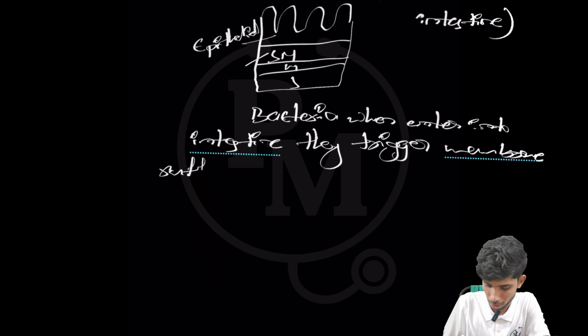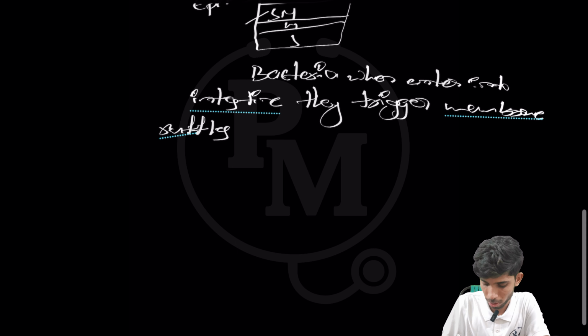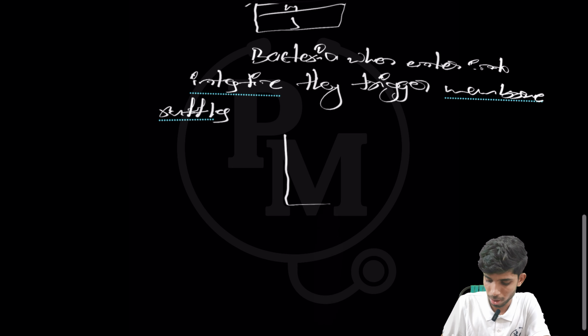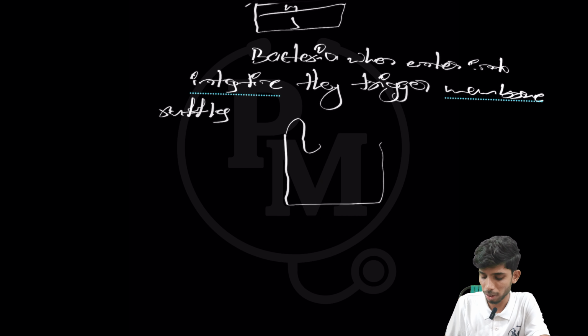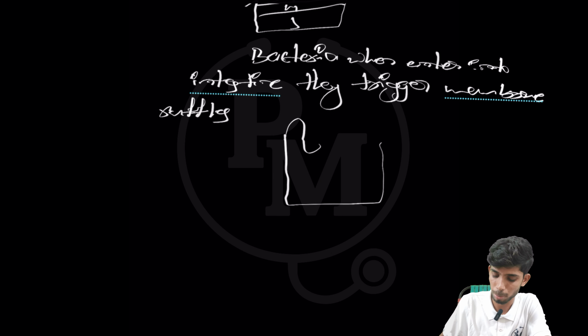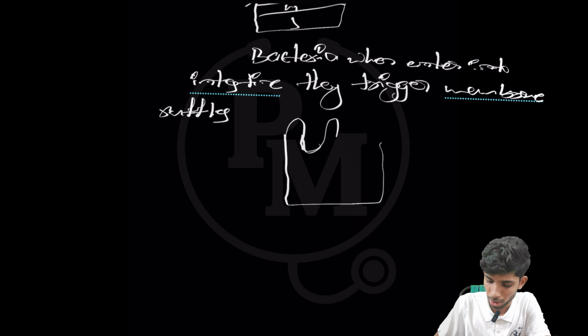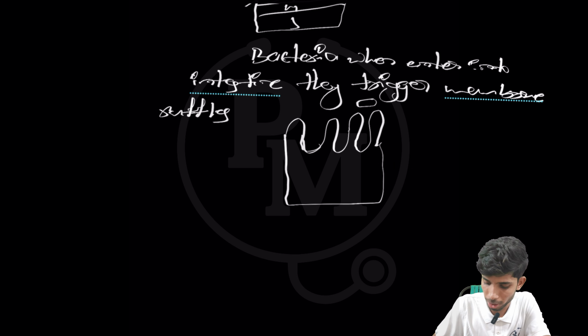As we see now, these are M cells of the epithelial layer, and membrane ruffles are formed like this. When bacteria are here,